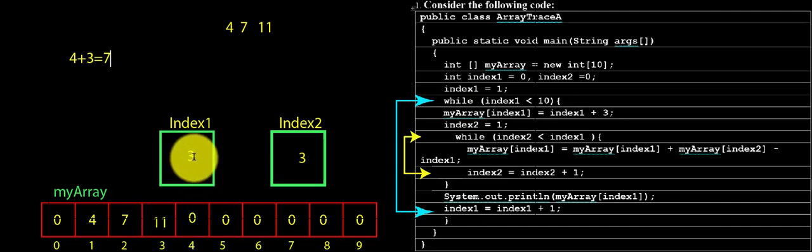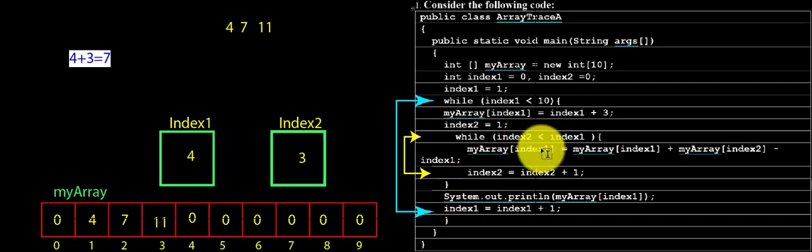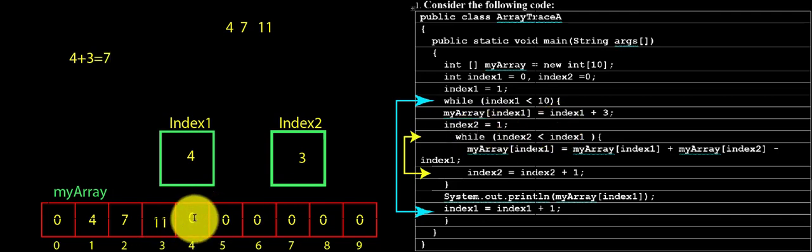Excuse me, I again forgot to increment index 1. Extremely sorry about it. Okay, so this index will be updated with 4 plus 3 equals 7. So this index will be updated with the value of 7,